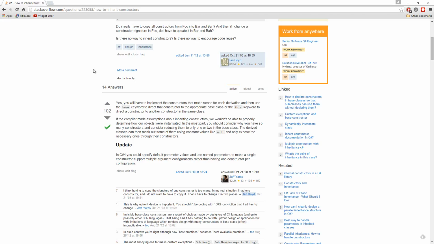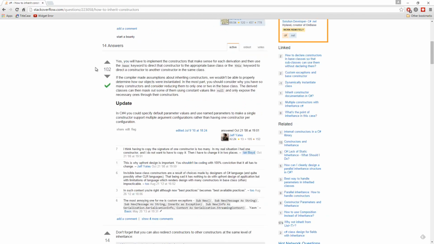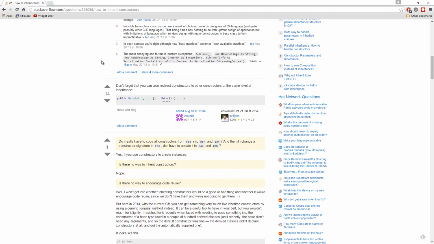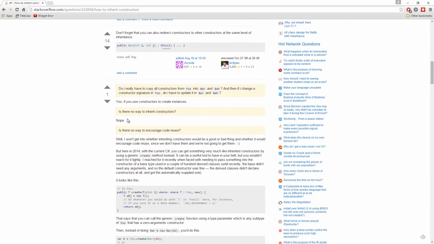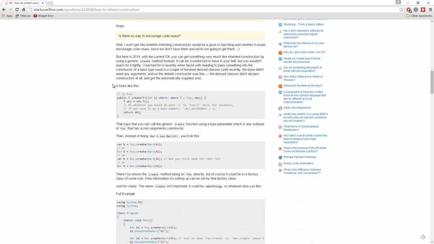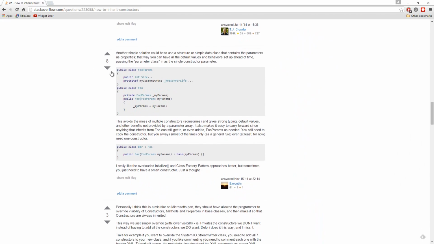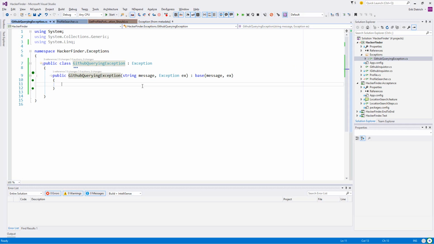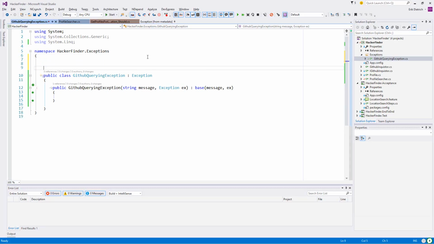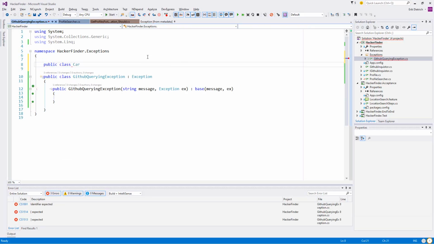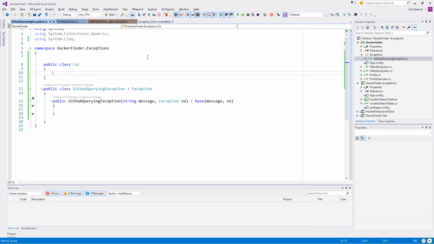Use the base keyword. Is there no way to inherit constructors? Wait, really? I wonder if I've just been in Java too long and I'm confusing all my languages together in one senseless mass. Let's see. Well, nothing like an experiment.